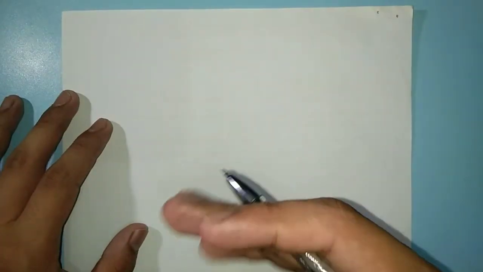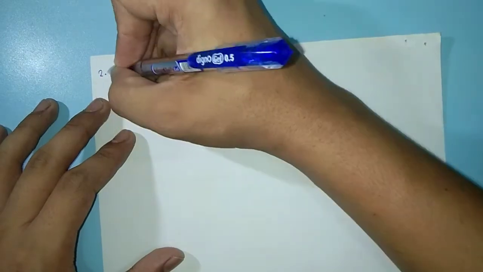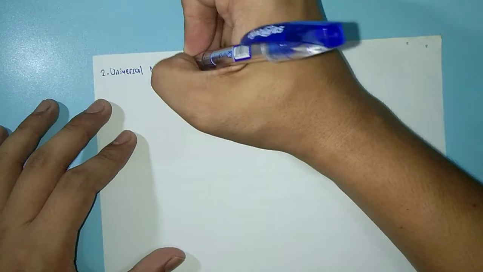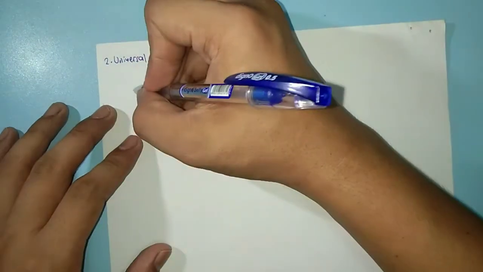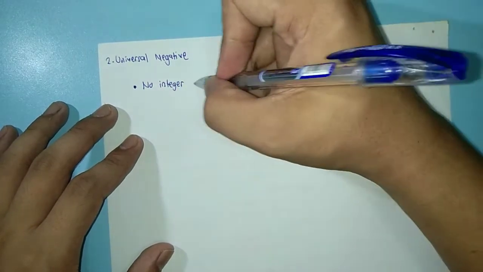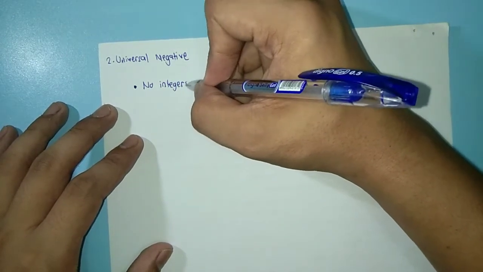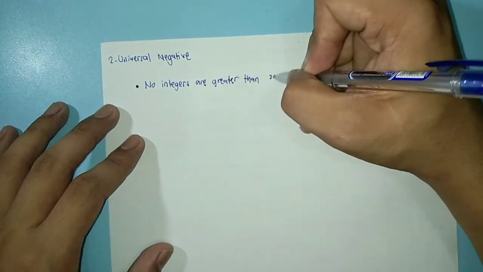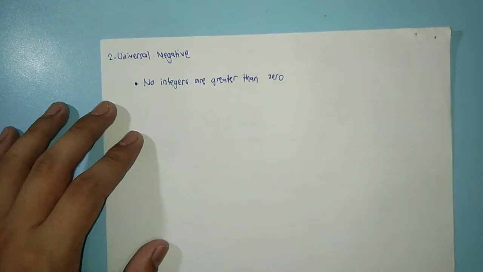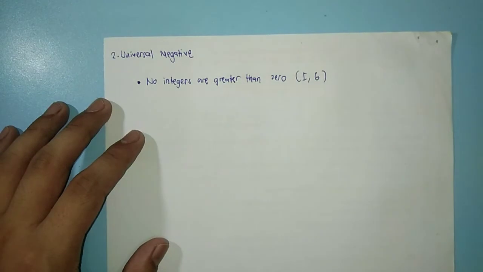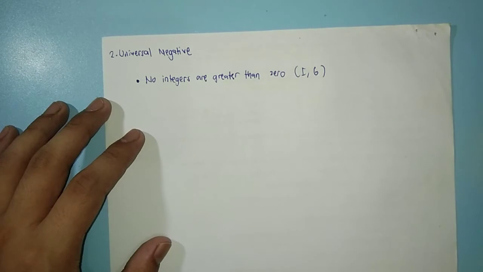Okay, next is universal negative. So universal negative. So paano naman yan? So for example, no integers are greater than 0. Okay, so let's use I and G. So meaning yan, yung sa I para dun sa number na integer, tapos yung G ay for number that is